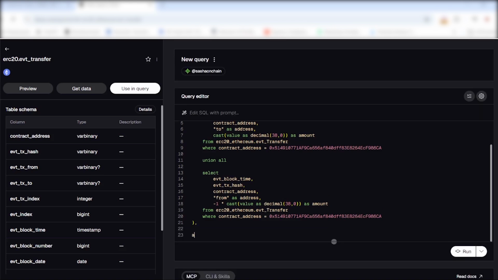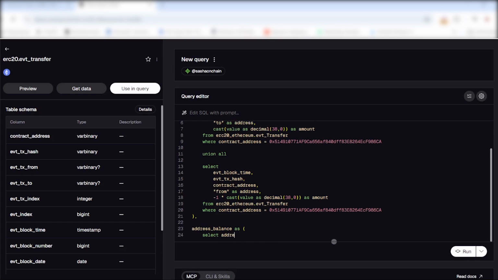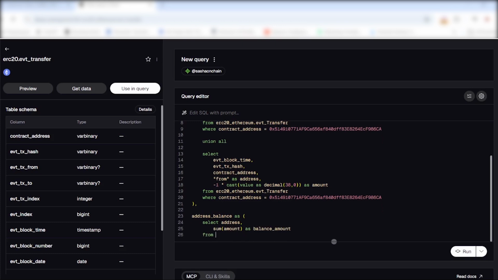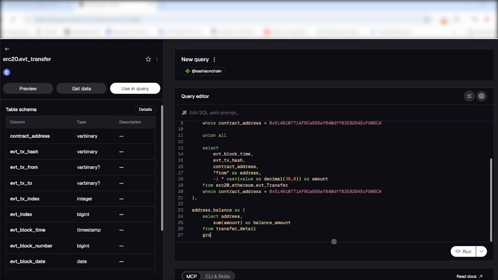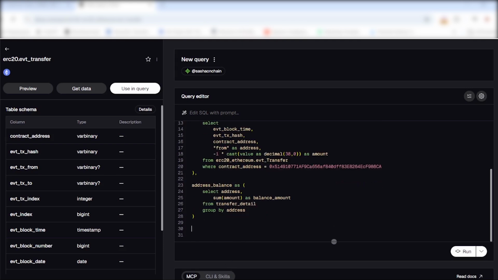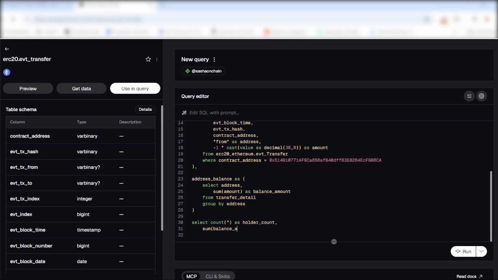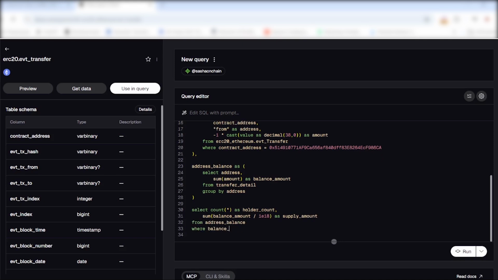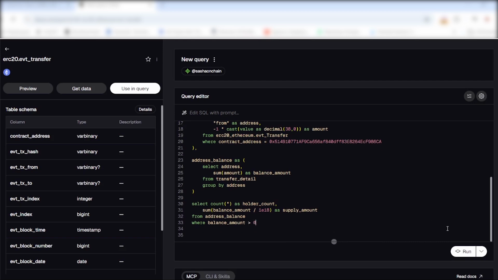Next, we aggregate balances per address and store the result in a CTE called address balance. At this point, the balances are still in raw units, so the numbers look huge. To fix that, we convert them using 1E18. There is just one nuance. After converting values using 1E18, very small balances can turn into tiny decimals and effectively disappear, and that can slightly